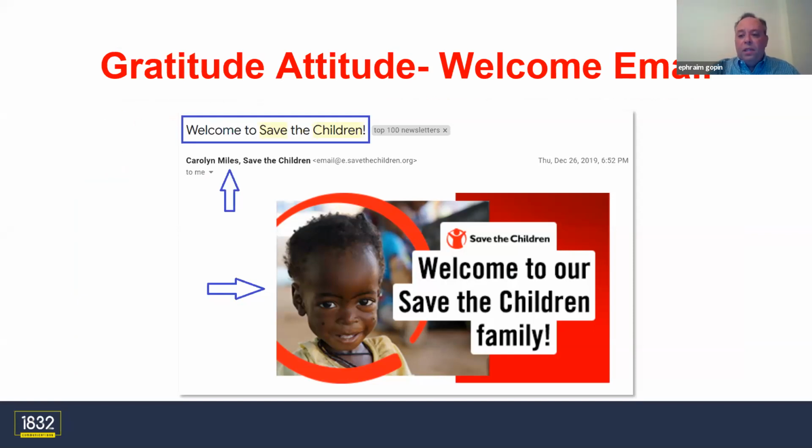It comes from a person, Carolyn Miles, who I don't know who that is, but we'll find out in a minute. The email address that's to the right of her name that's very small, and I apologize about that. It's email@e.savethechildren.org. Not great. It should come from Carolyn@savethechildren.org. I want to point out that at the top of the email is this great picture, and welcome to